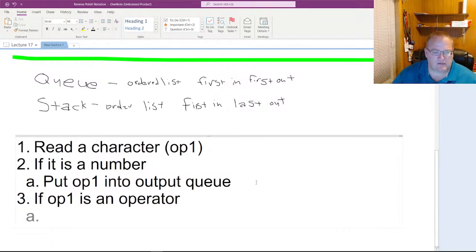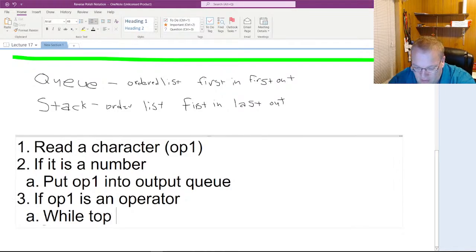We've already used that word here, and so from now on I'm just going to use the word Q. And then we're going to have a stack. So what we're going to do now is look at the top of the stack, and see if the top of the stack is a left-hand parenthesis. So, while top is not equal to a left parenthesis,